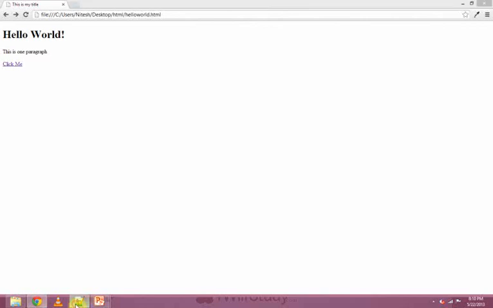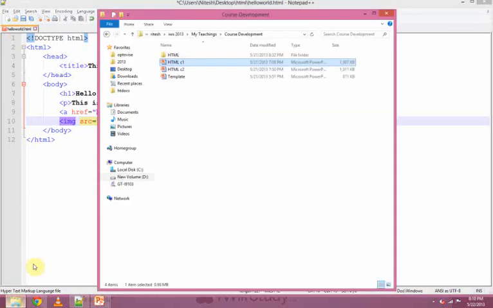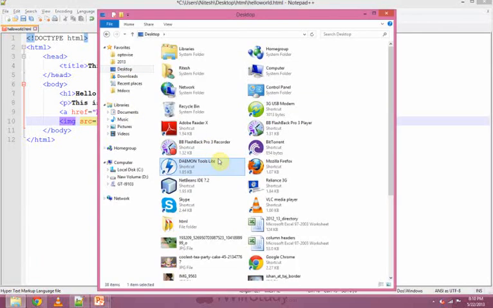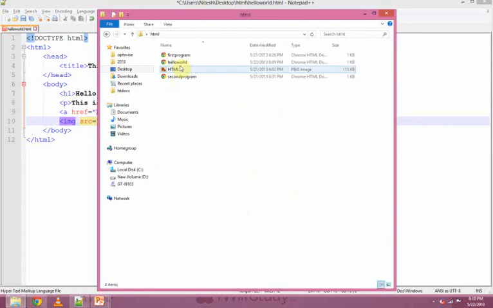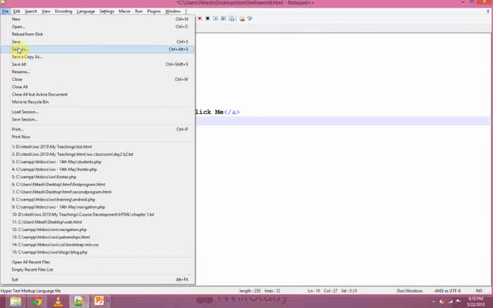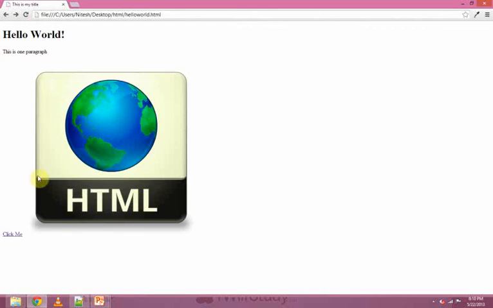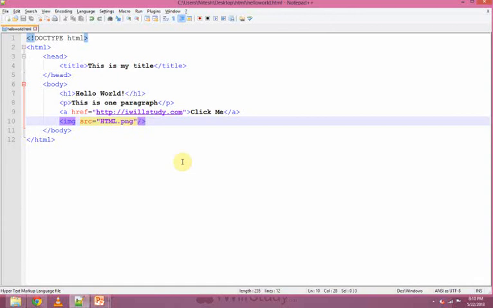The next thing we have to do is to use the img tag for including an image. So use the img tag and close it like this. We need an image to show, and make sure that you know the extension of the file, and this is a .png file. So just write the file name, make sure that the file is there in your folder, save it and refresh the page. And here it is. You can see an image coming on the browser.